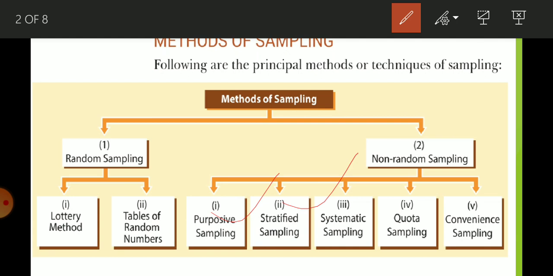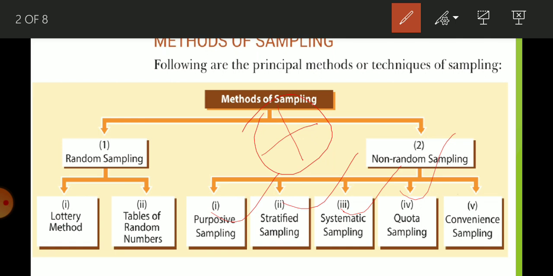Here first of all the investigator divides the whole universe into groups, and then selects the items. In systematic sampling, the investigator follows a proper sequence, which I will tell you in detail in upcoming videos. In quota sampling, there is a pre-fixation of the number of items you are going to select from every group.